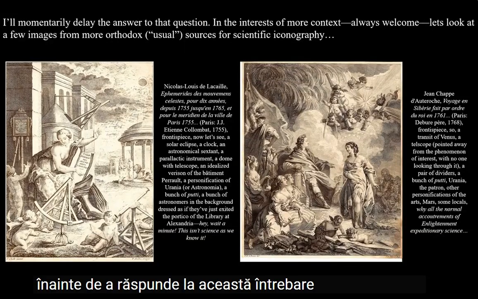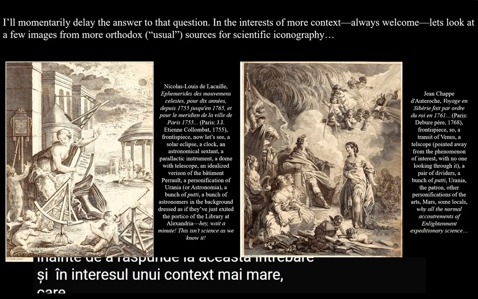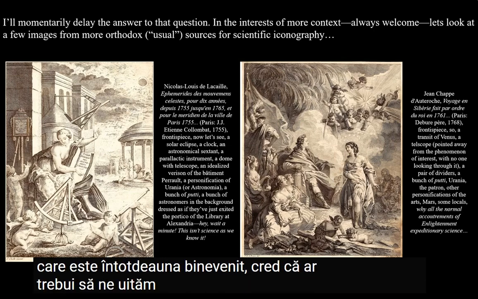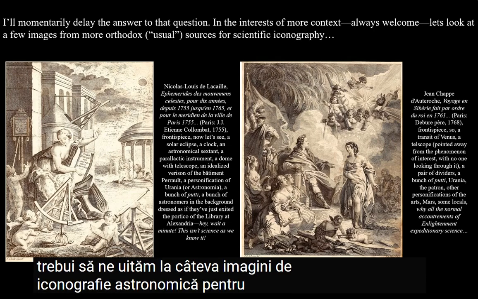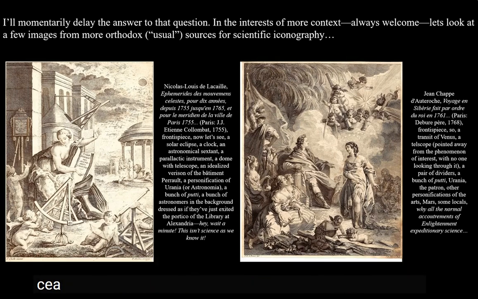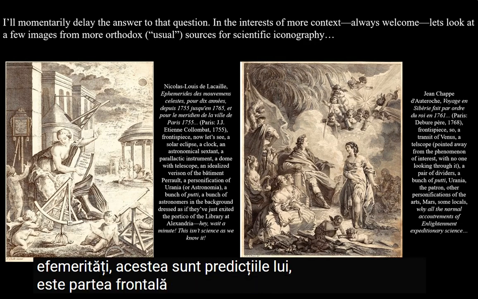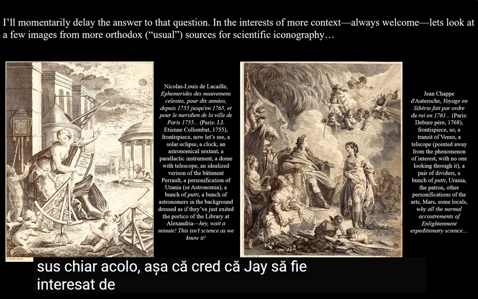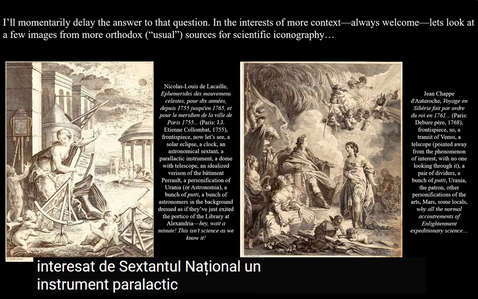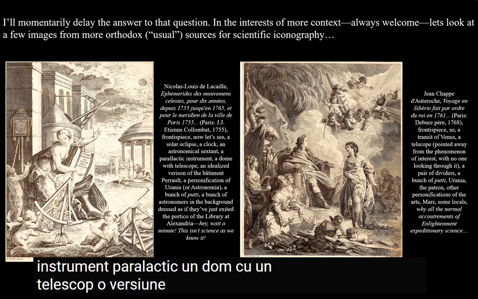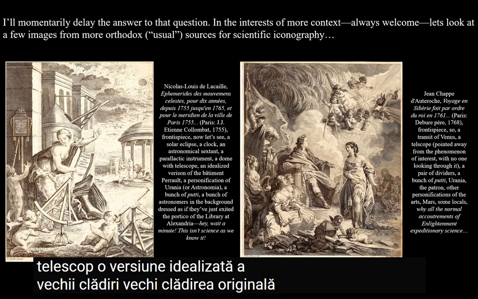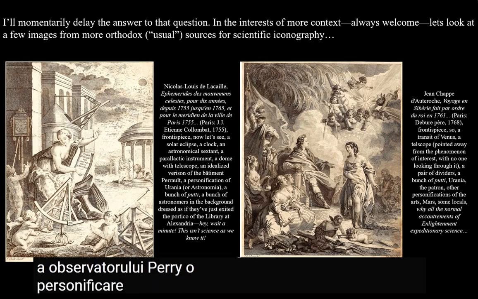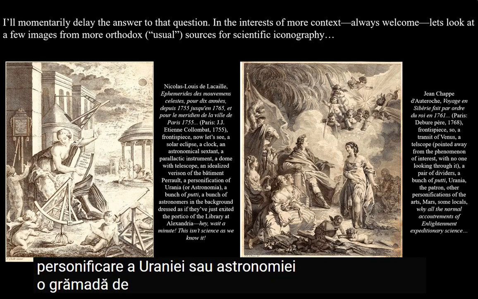Before answering that question, and in the interest of more context, which is always welcome, I think we should look at a few images of astronomical iconography from more usual places. The one on the left is from de la Caille's Ephemerides, that's his predictions. It's the frontispiece, and it shows a solar eclipse up in the top right there, sort of thing Jay would be interested in, an astronomical sextant, a parallactic instrument, a dome with a telescope, an idealized version of the old building, the original building of the Observatoire de Paris, a personification of Urania or Astronomia, a bunch of putti, and